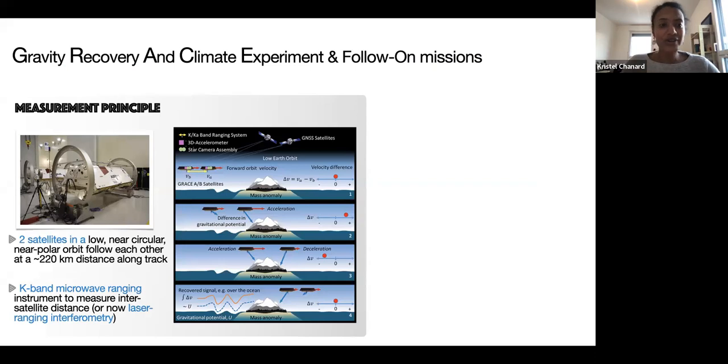So what we've been doing is using the GRACE and GRACE Follow-On missions, the Gravity Recovery and Climate Experiments, which have a very simple principle because it's just two satellites in a low, near-circular, near-polar orbit that follow each other at a distance along track of roughly 220 kilometers. And what we measure precisely with those satellites is the distance between the two satellites. And this is done using the K-band microwave ranging, or, more recently, the laser ranging interferometry for the